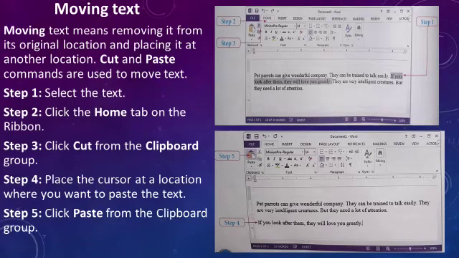The various steps of moving text are as follows. Step 1. Select the text. Step 2. Click the Home tab on the ribbon. Step 3. Click Cut from the Clipboard group. Step 4. Place the cursor at a location where you want to paste the text. Step 5. Click Paste from the Clipboard group.